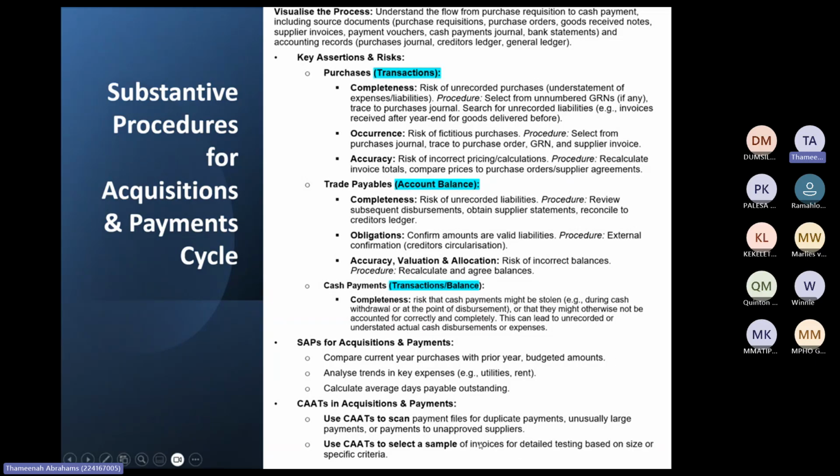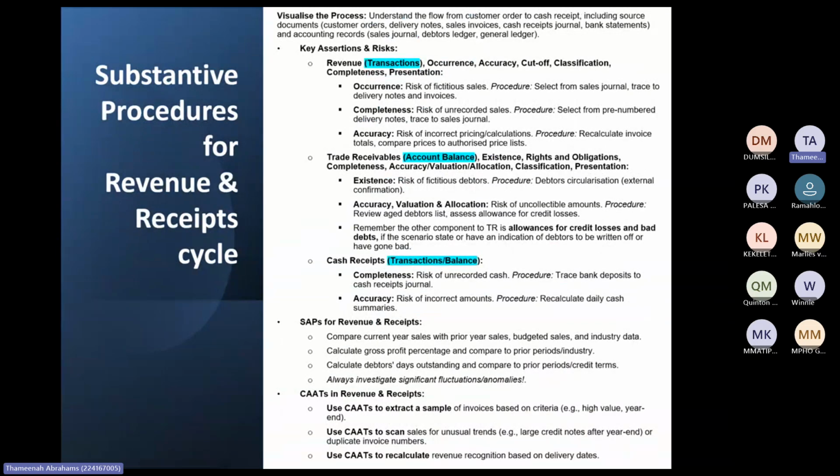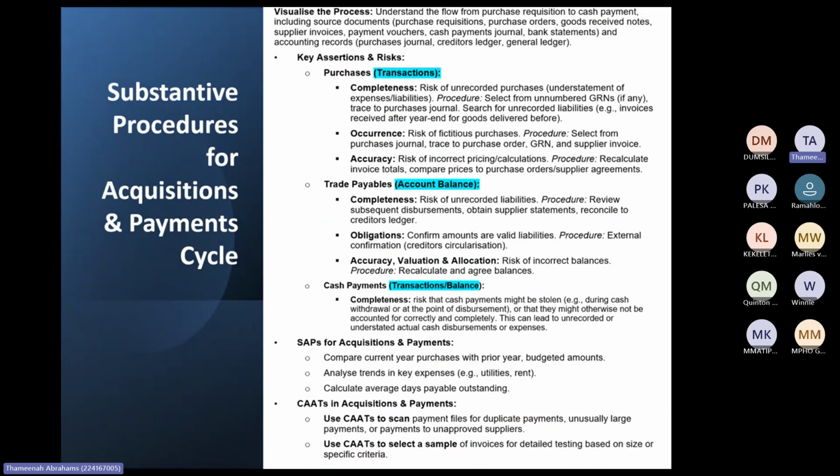Now, guys, please remember this is not thorough procedures. This was just to have it on the slide. Because remember, I say invoice, and by revenue you should say sales invoices, and by purchases and payments you should say supplier invoices. Okay, so you can see that you know the difference.